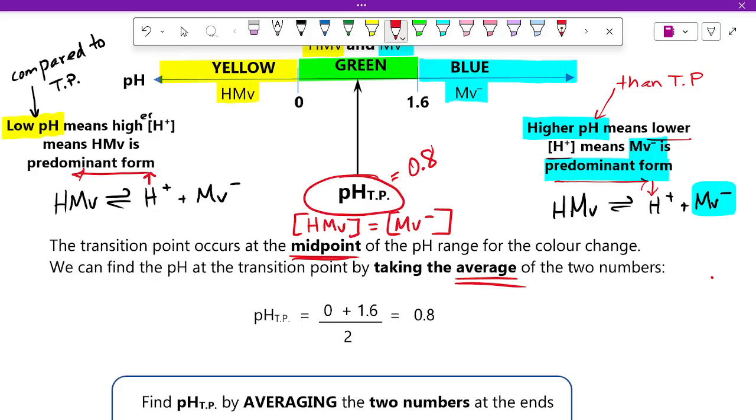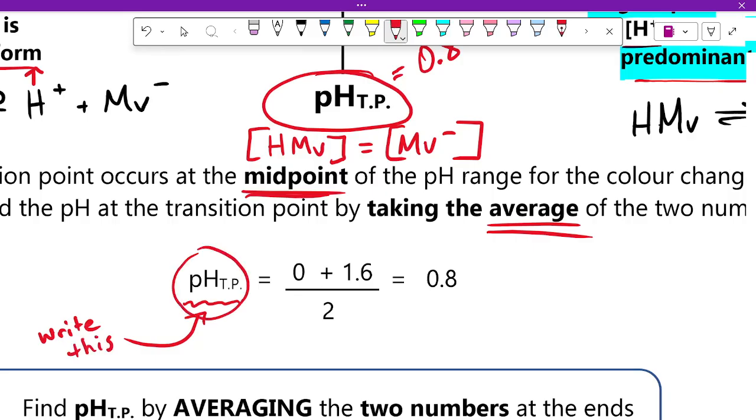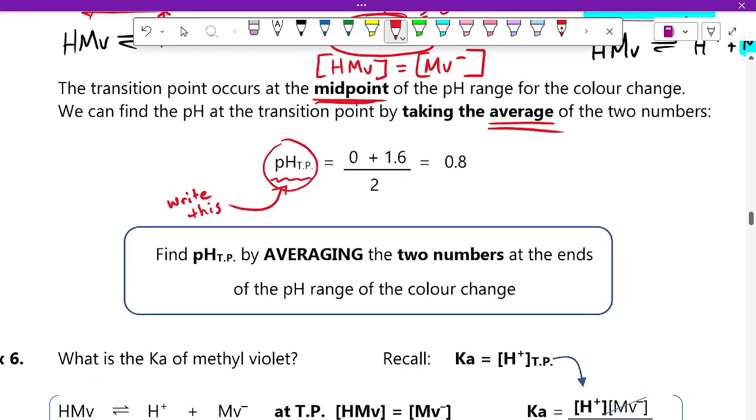But normally, you would show your work by saying, I am calculating pH at the transition point. Make sure you write this. Show what you're calculating. And then you'll put your two numbers, and then you'll divide by 2, and then you'll get whatever you get. Now, that gives you that, and we can try